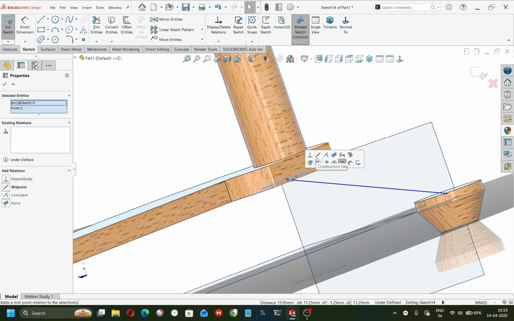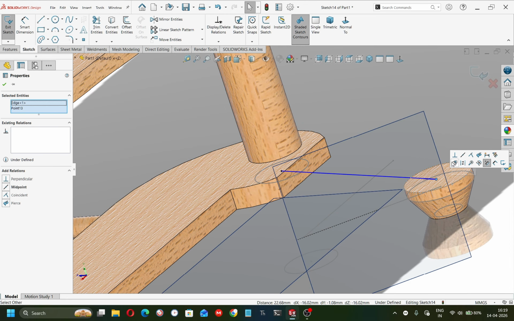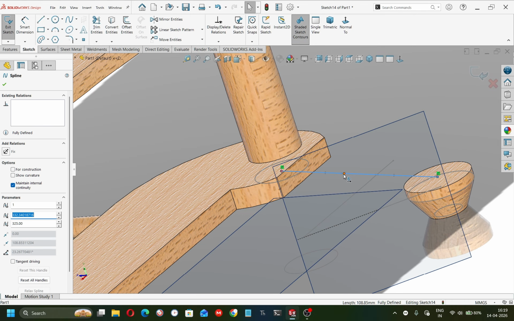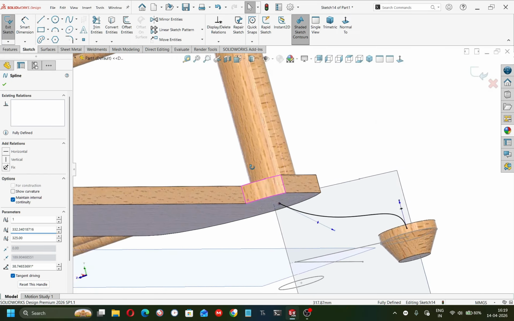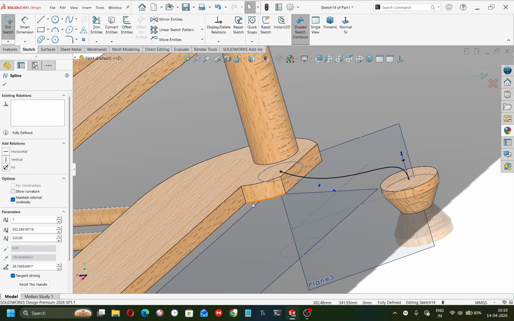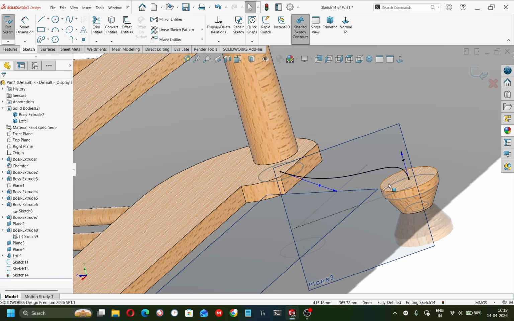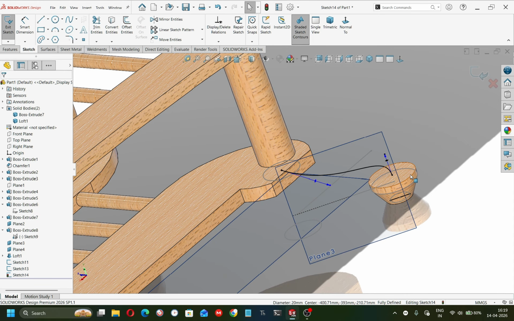Make a spline like this, and make it midpoint from this circle edge to this edge, so the spline will be in the center position, and both handles must be in a vertical position, as you can see on my screen. Select this. Okay,